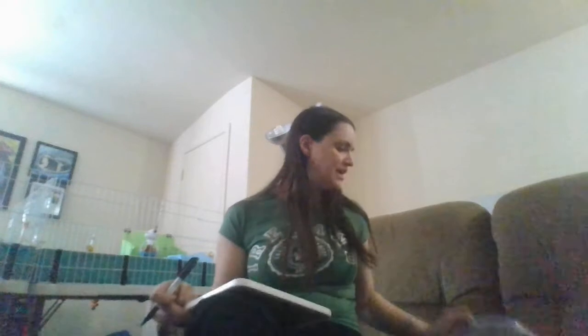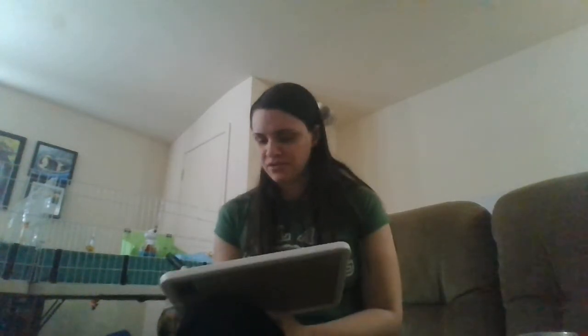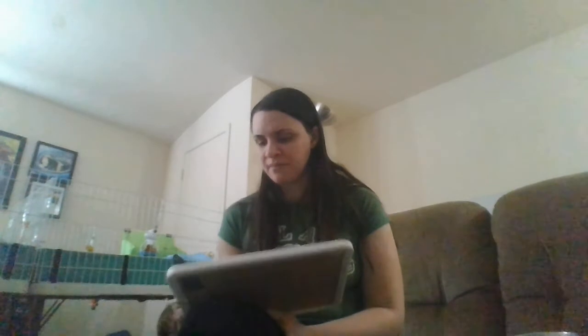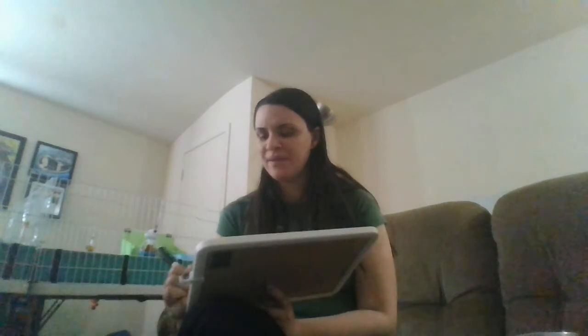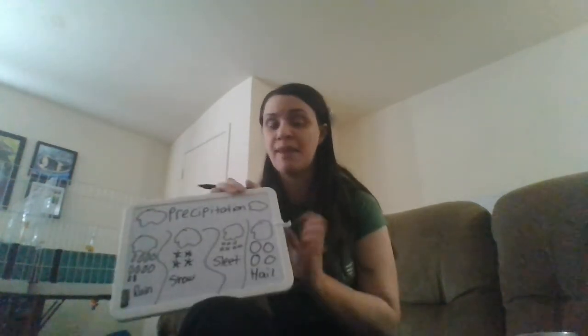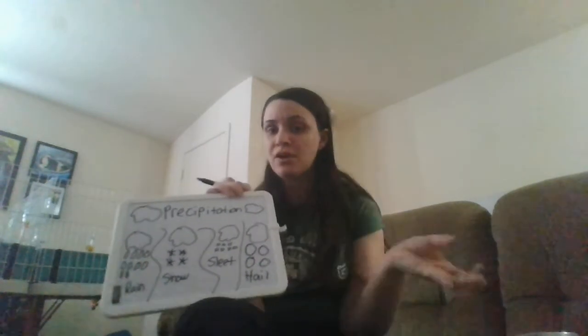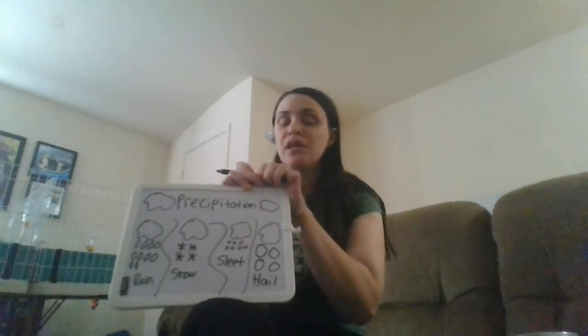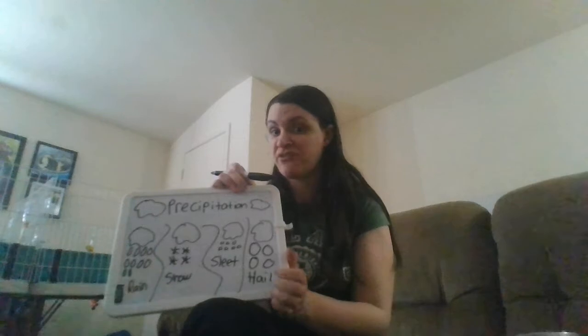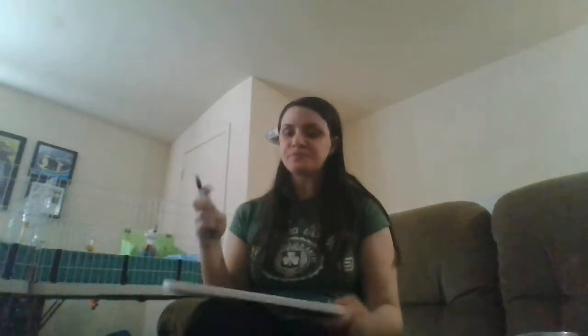So our last type are the big chunks of ice, more like the ice cubes I have here, okay. Now, this kind can actually be as big as a golf ball, but this is pretty much the size you usually see. Does anyone remember what the big chunks of ice are called? We have hail. Now, remember, hail can occur during winter, but most of the time it happens during the summer, during a thunderstorm, because thunderstorms happen when cold air and hot air crash into each other in the sky, okay, and that makes our thunderstorm. So when that happens, we actually can get hail because it freezes the water, even though it'll be in the middle of summer. So these are our four types of precipitation.